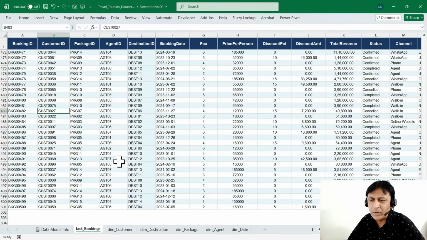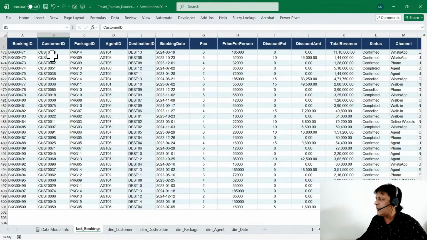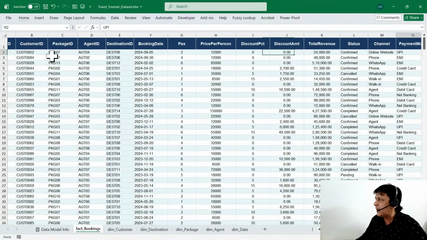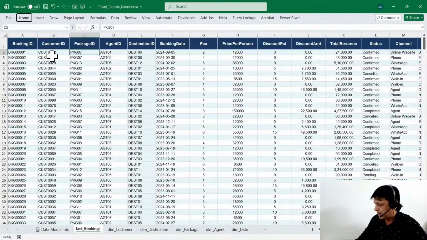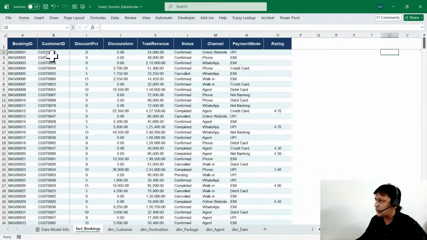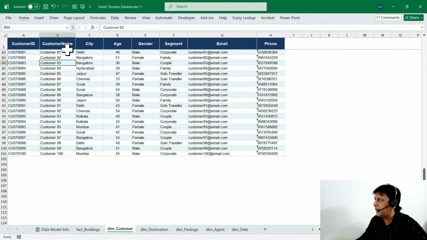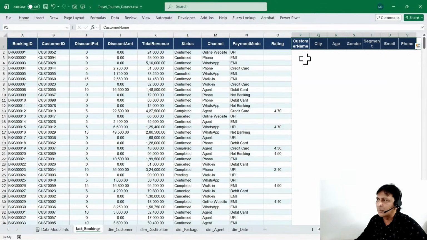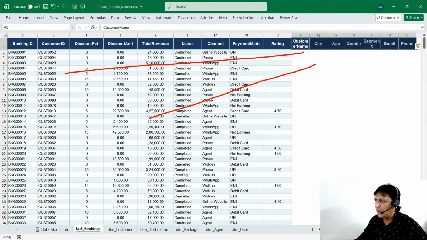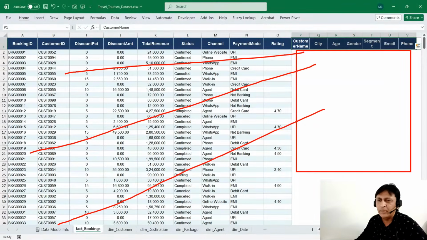अब मान लीजिए, मैं ये अज्यूम करके चल रहा हूँ कि अभी आप सभी लोग एक्सेल यूजर्स हो, एक्सेल में काम करते हो। तो ये जो कस्टमर की इन्फॉर्मेशन है, अगर मान लीजिए मुझे यहाँ पे बाकी की इन्फॉर्मेशन लेना है, जैसे कि कस्टमर का नाम, सिटी, एज, जेंडर, सेगमेंट, और मान लीजिए उसको ईमेल भेजना है तो ईमेल, फोन नंबर, ये सारी इंफॉर्मेशन अगर मैं यहाँ पे लेना चाहता हूँ तो मुझे क्या करना होगा, what I have to do in this particular table if I want to get all this information from a customer table।